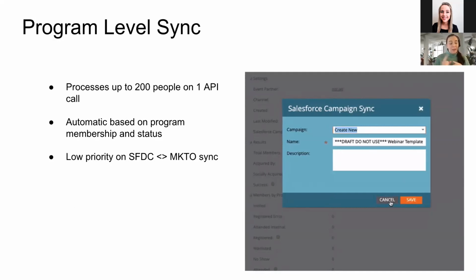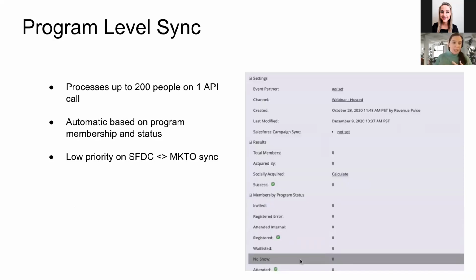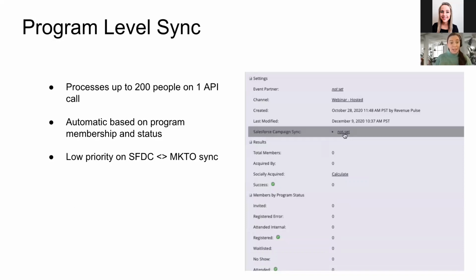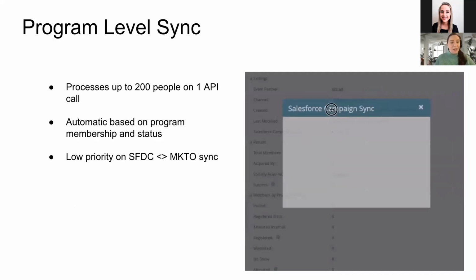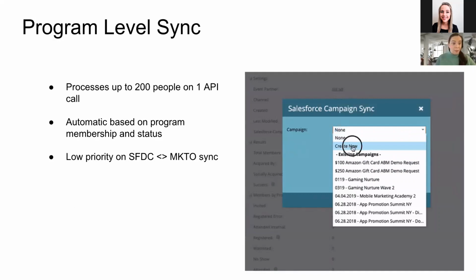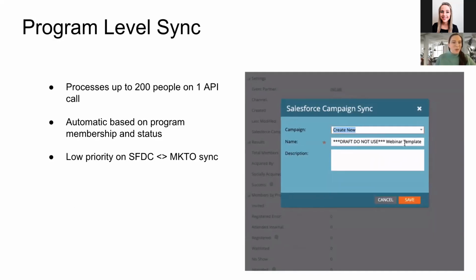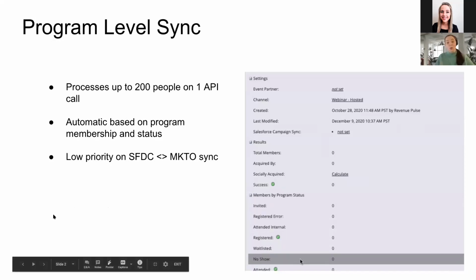So this can have a tendency to fail, be blocked by SFDC, and also potentially have a significant delay. I've seen anywhere from 2 to like a 7-day delay on syncs, especially with larger API consumption integrations, where this just keeps getting deprioritized and deprioritized and deprioritized until it finally goes across and is added to the SFDC campaign, which can cause a lot of confusion and also some data issues down the line.